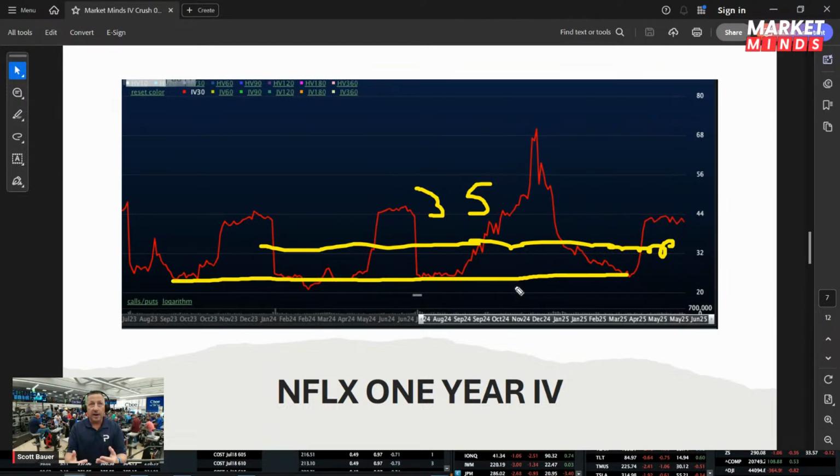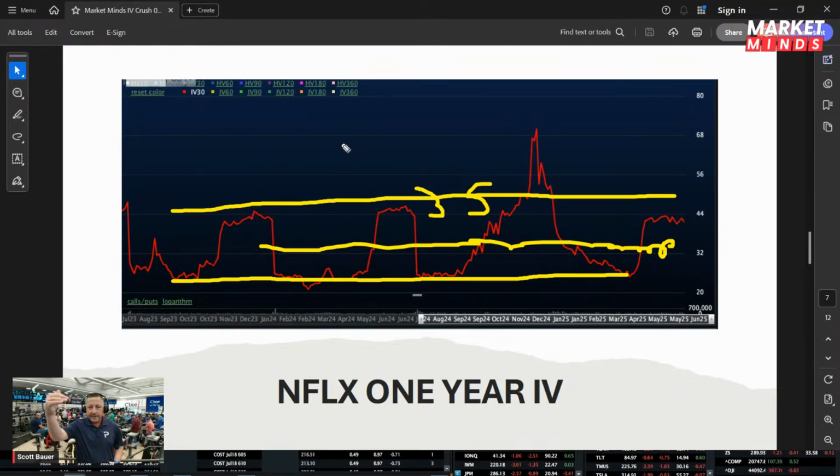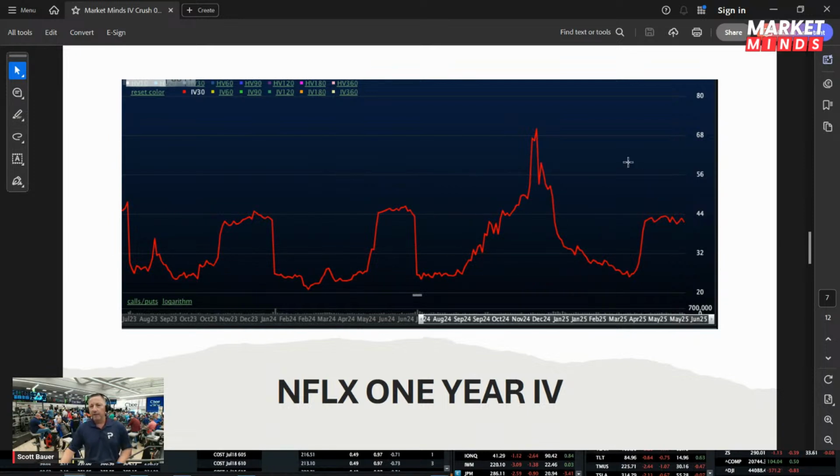Just like if you were looking at a stock chart, you were looking for support, resistance at certain areas, that would be major support. We also know that when vol gets on some of those spikes there, we want to sell it. Okay, because again, we know with 100% certainty that vol will normalize. That is one of the characteristics of implied volatility. It will always, always normalize.